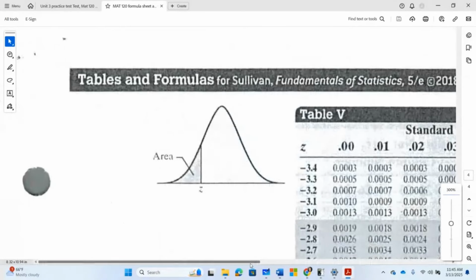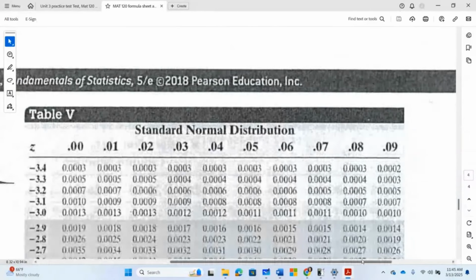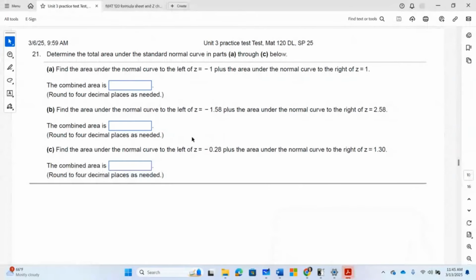All right. And this question tells me to find the area. Find the area of the normal curve to the left of -1.58, plus the area under the normal curve to the right. So I'm going to find the area to the left from -1.58, and then find the area to the right of,